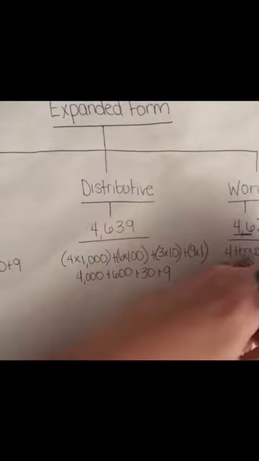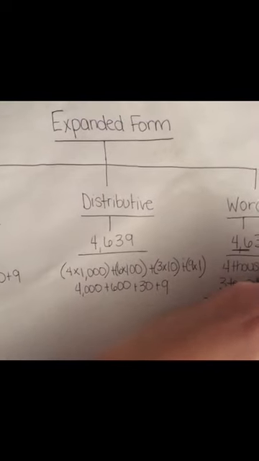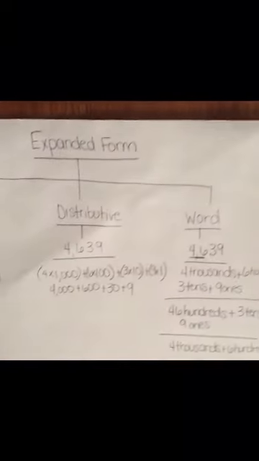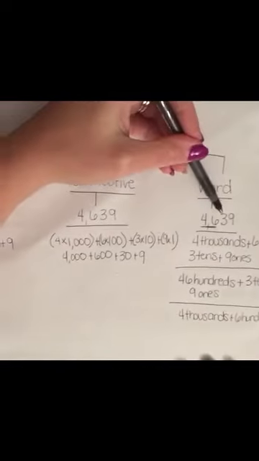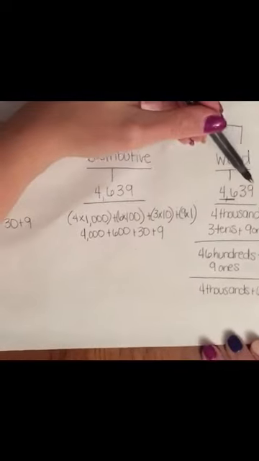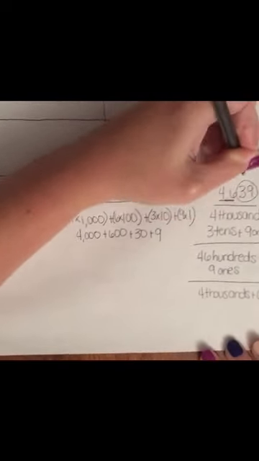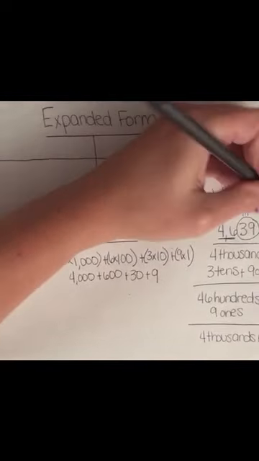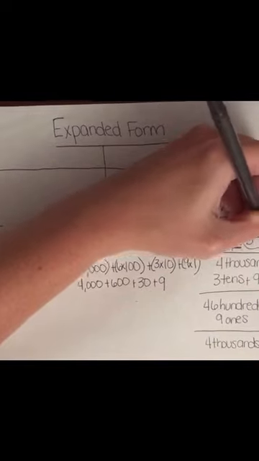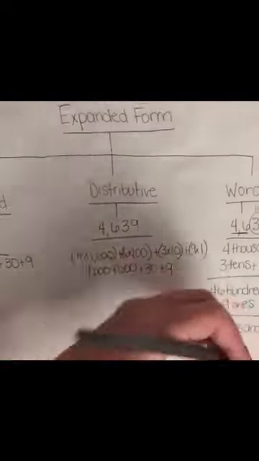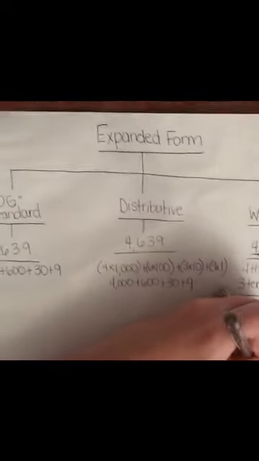6 hundreds. Plus, but now instead of saying 3 tens and 9 ones, we could just clump these together. So this would be 10, 20, 30. 1, 2, 3, 4, 5, 6, 7, 8, 9. 39, but now they're ones. So 39